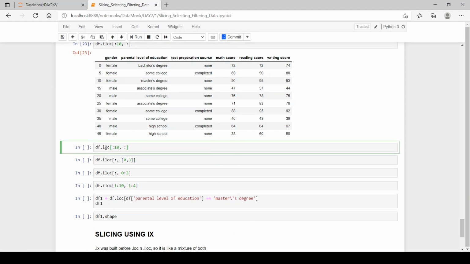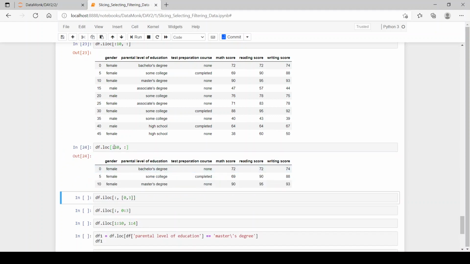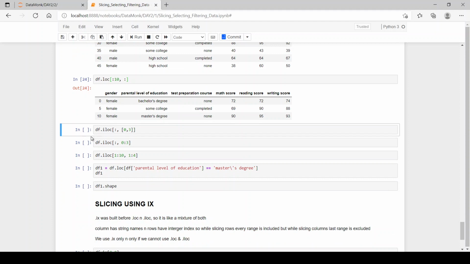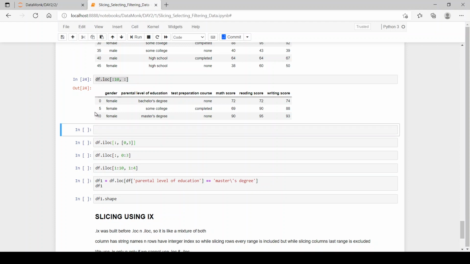5. Now you can see over here we have 0, 5, 10, 15 in multiples of 5. So when we do df.loc, we only get 0, 5 and 10 over here, as 10 is included in loc. But in iloc, 10 is not included. But when we use iloc and do the same function as here, let's see what we get.